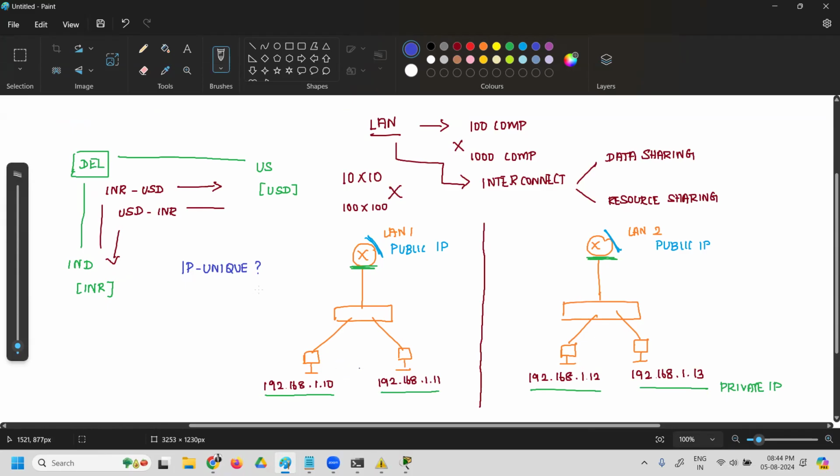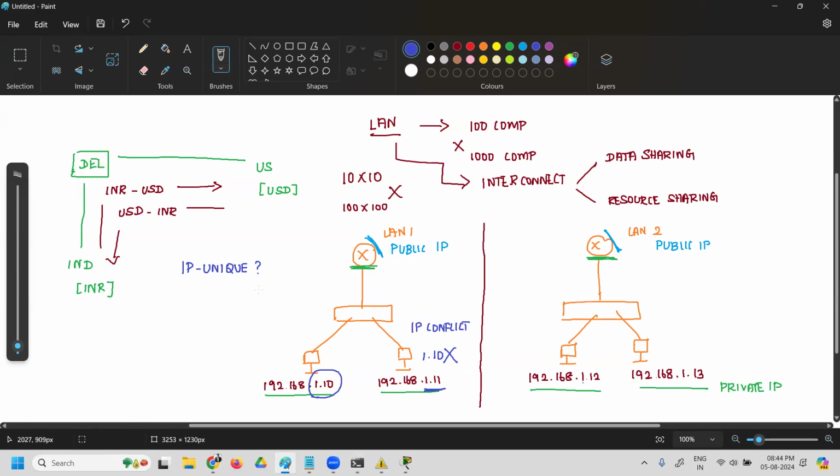Inside a LAN, let's say this computer's IP is 1.10. If I go to another computer and assign 1.10, it will not get assigned. Instead, I'm going to get an error called IP conflict error. So inside a LAN, you cannot assign the same IP to two different computers. Inside a LAN, IP is always unique.